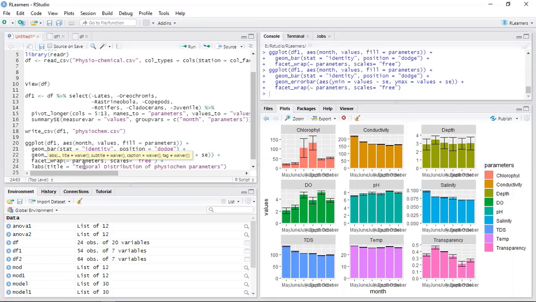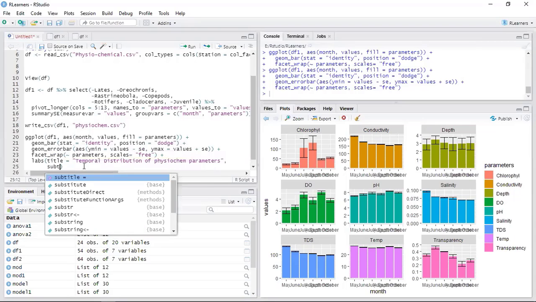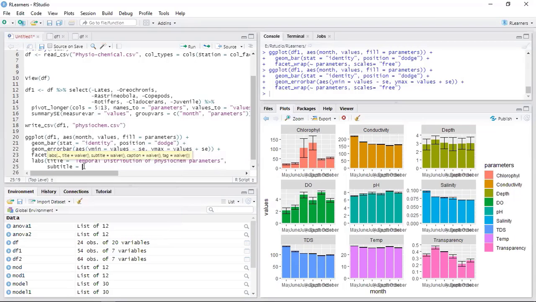Okay, comma. You might also have a subtitle, but this is optional. What is the subtitle of your graph? Put it also in, you can say monthly change. I'm not that creative. I didn't know what to write. Now, after that,